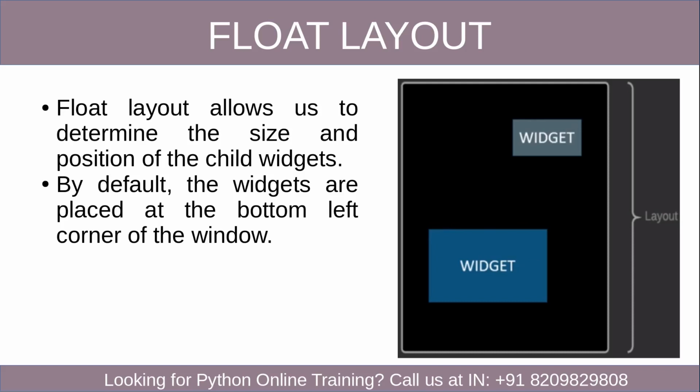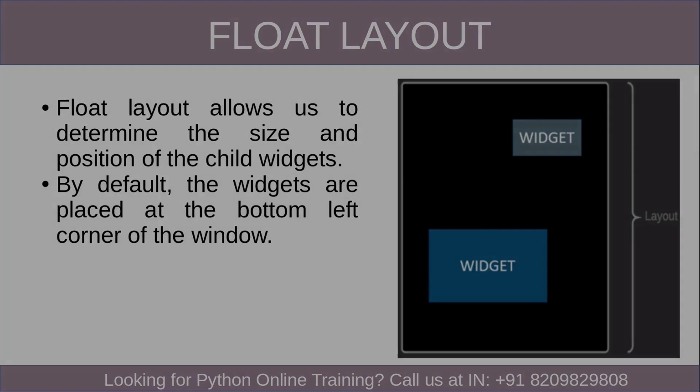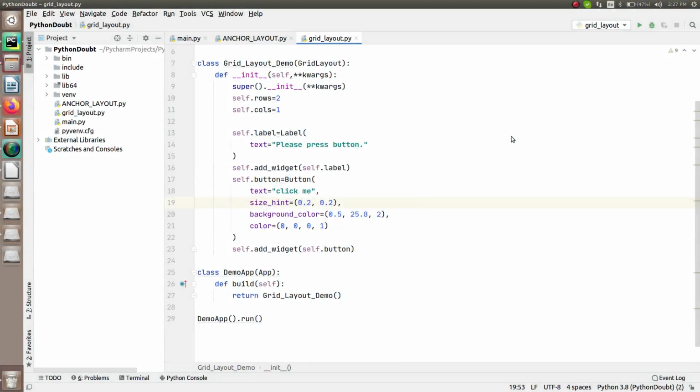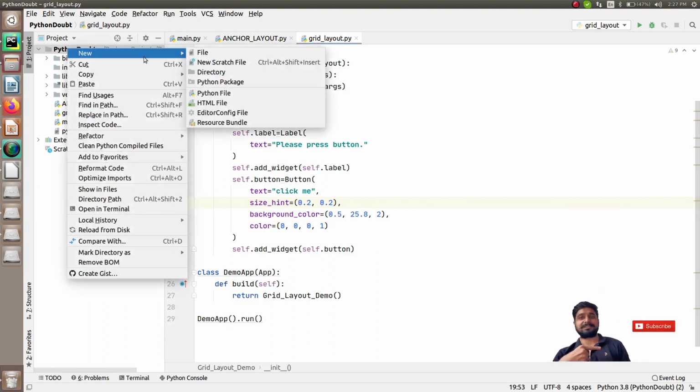Now let's understand this part and make a program for it, so that we can make an application with the float layout and set the widget as per our requirement. So let's do that. Just open PyCharm. Alright, so you can see this is an application which we created in the last session for the grid layout, and this is the program for that. Now let's create a new script.